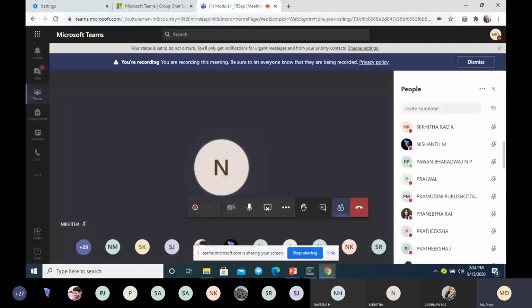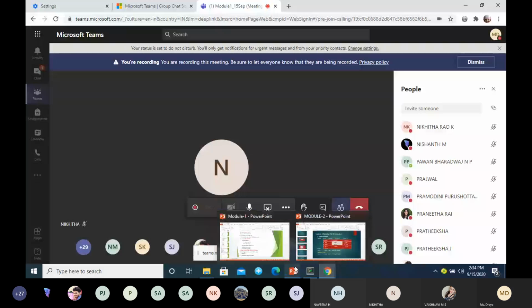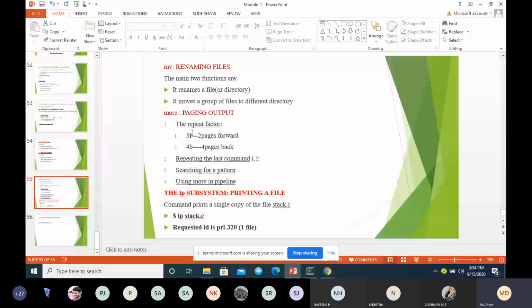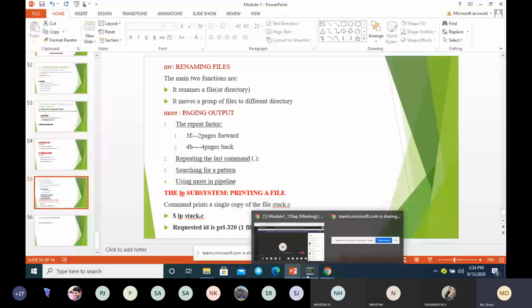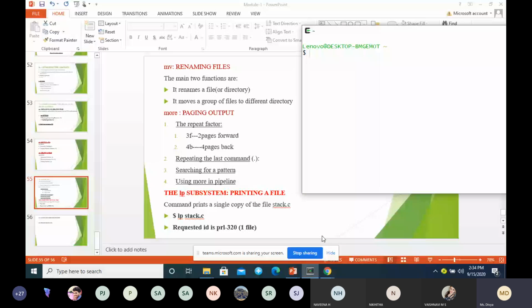Moving on to the next topic. Next we were discussing the more command. More is used for displaying a file which has more than one page.